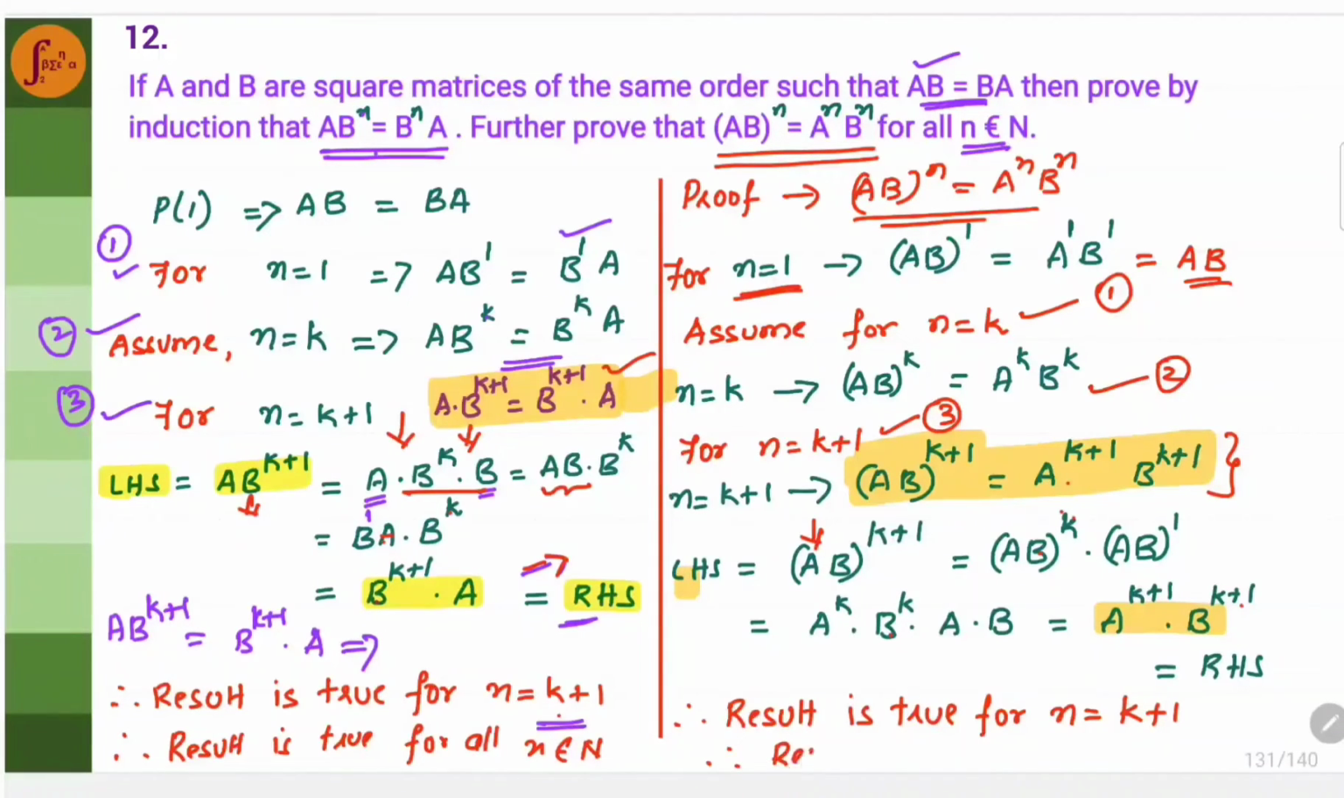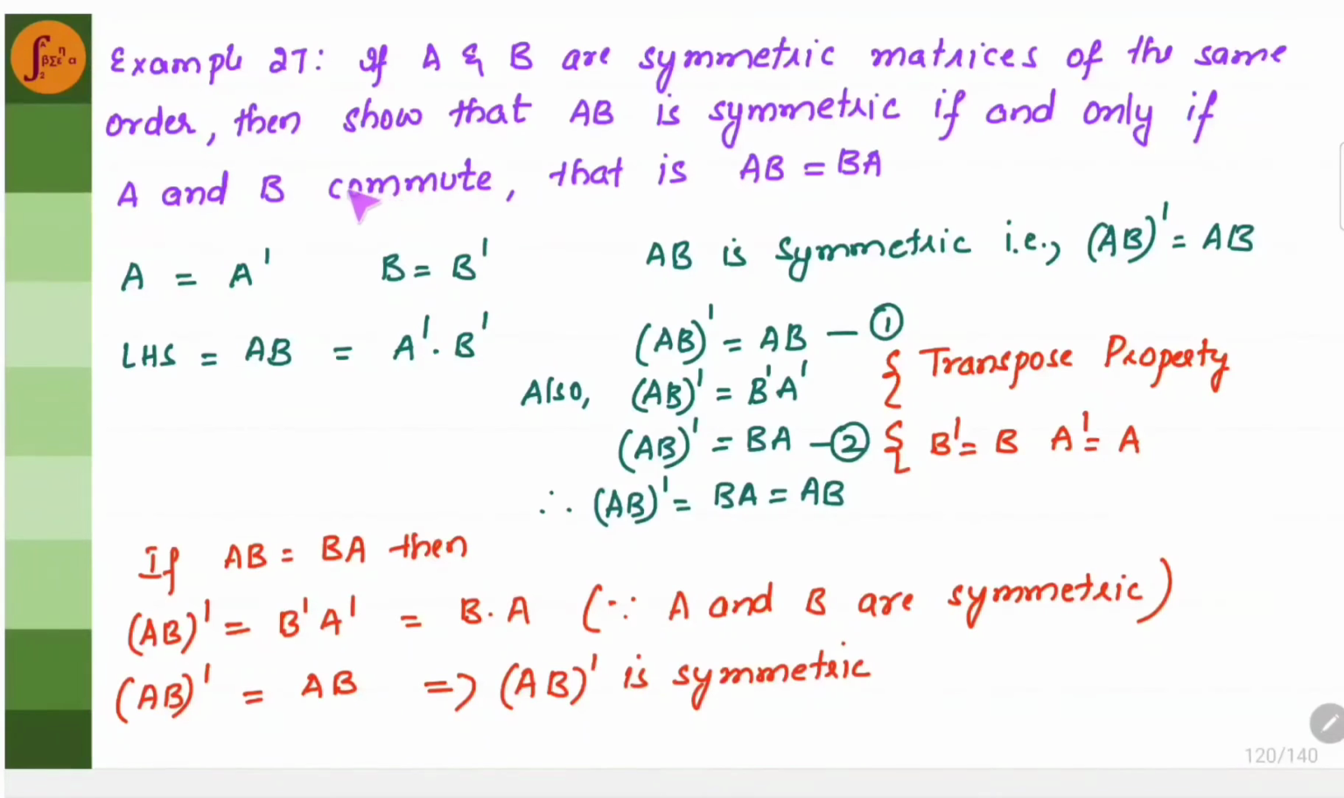Thereby, the result is true for all n belonging to N. Now, let's go through multiple examples related to symmetric and skew symmetric matrices. This is one of the examples. If A and B are symmetric matrices of the same order, then show that AB is symmetric